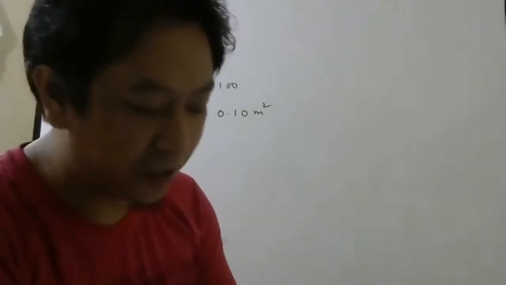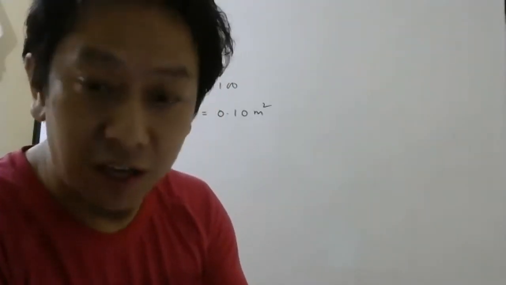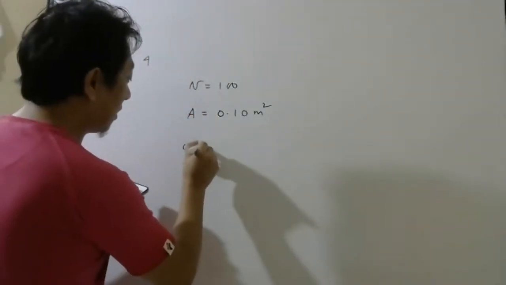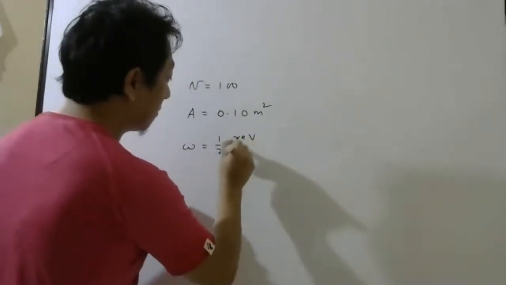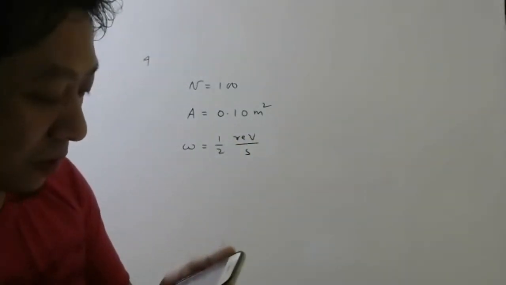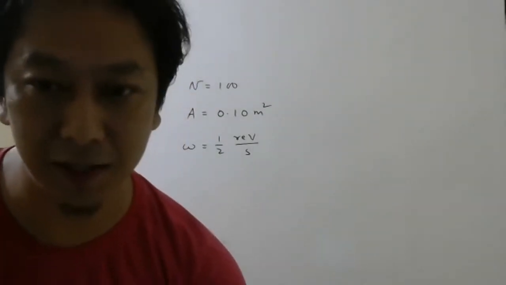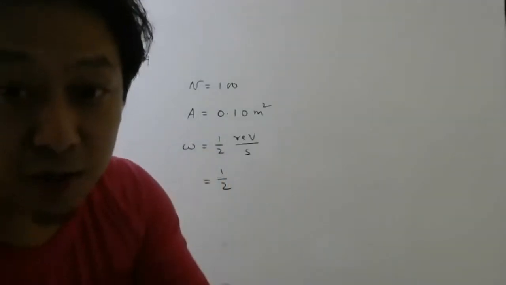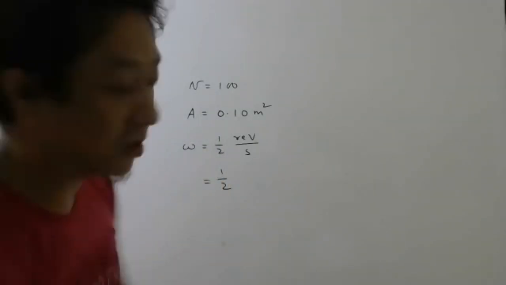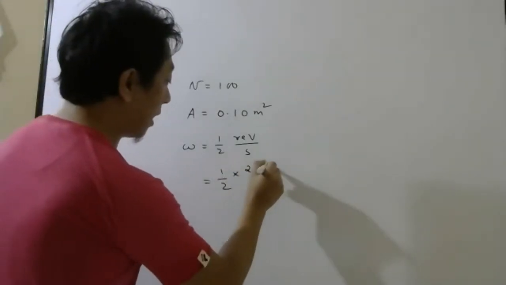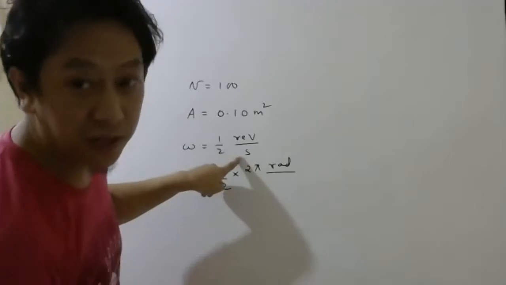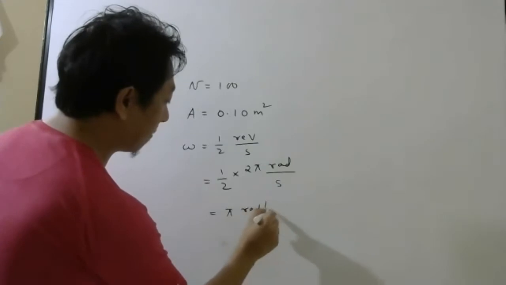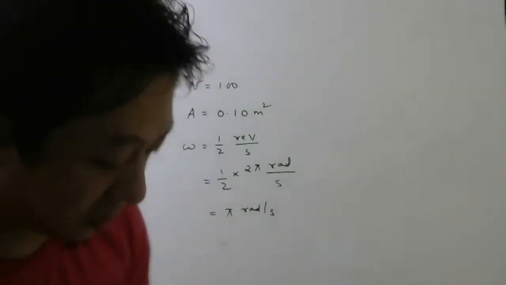Maybe she is some kind of engineer. So the coil rotates at half a revolution per second. That means omega is half revolution per second. So very clearly she is not very strong, okay? Only half revolution she is doing. Now revolution you cannot use, students, you have to convert into SI units. So 2 pi radian, second you keep it second. So it will be pi radian per second. So this is the angular frequency,